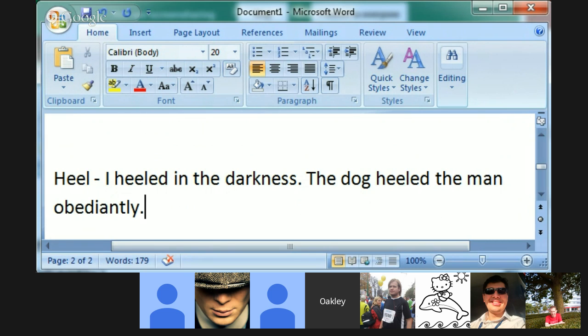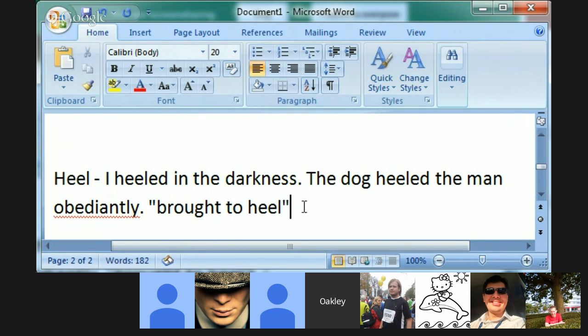So if the woman healed the man obediently, for example, there would be an implication that she was acting like a dog, that she was extremely subservient, like a slave even. And by the way, we also have a phrase, brought to heel,